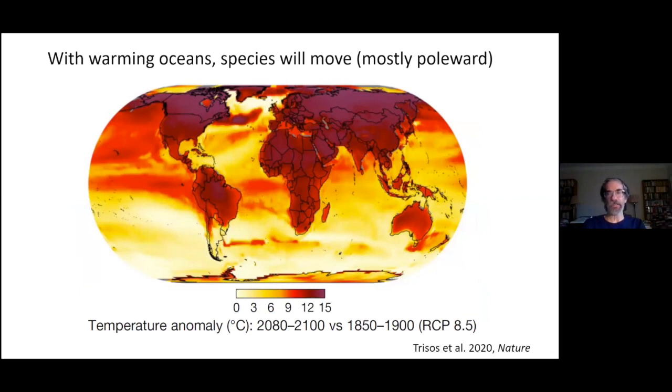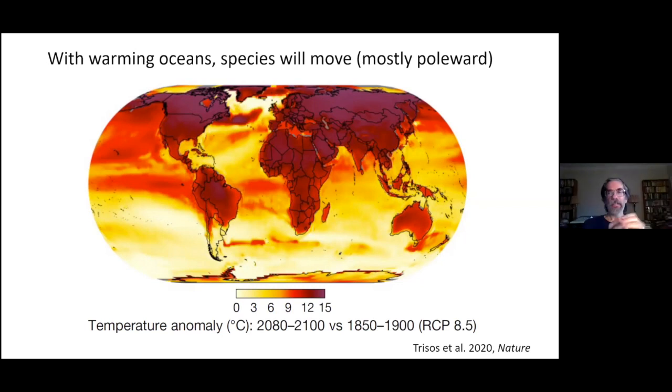As you can see, there's going to be some real warming in particular places. For example, in southern Australia, along the west coast of the US, in the northeast part of North America, which is where the scallop fisheries are. That's very important, commercially very important. And those guys are going to really heat up and be pushed out of those waters as climates change. So that's part of how we can start thinking about the effects of climate change on how species are going